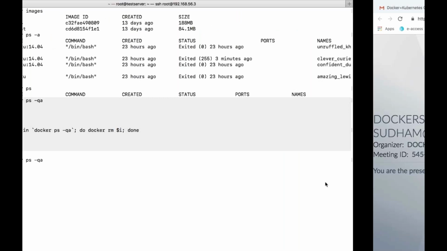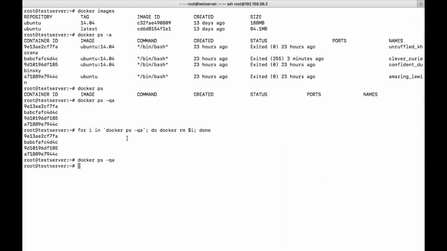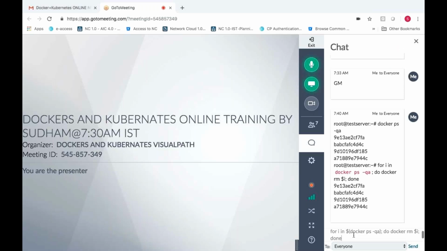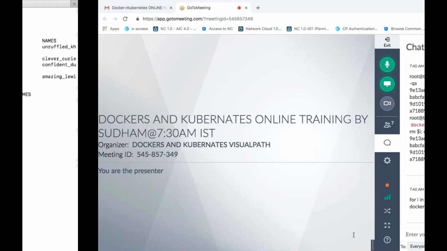You know what the backticks are, right? Below the escape button, you can see it. Or else we can give it like this also. I'll give you another method. Then you can give like this. Or we can give like this also.